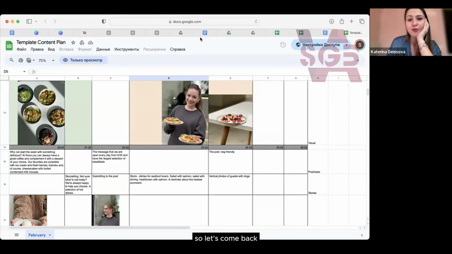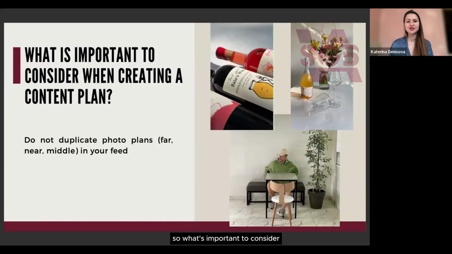So let's come back. What's important to consider when creating a content plan? We never duplicate photo plans. What do I mean here? We need to mix the plans of our photos in our feed. For example, here at the right corner, you can see that the first photo that I publish in a feed is a very detailed photo with the bottles of wine that can be served in our coffee shop.